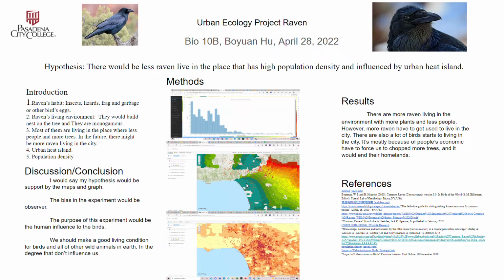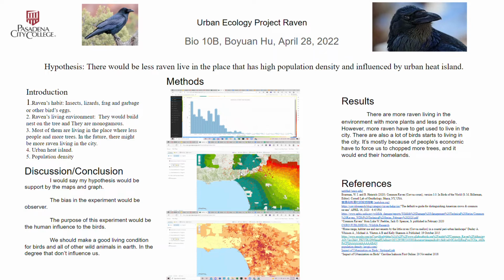The blue color is by the beach, and it might be influenced by people, but the beach has the ocean to bring the temperature down. And those places in the middle where there's no color mean the temperature remains the same. They are not affected by the urban heat island effect.